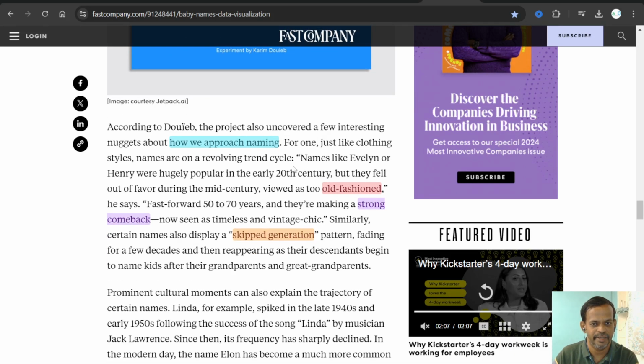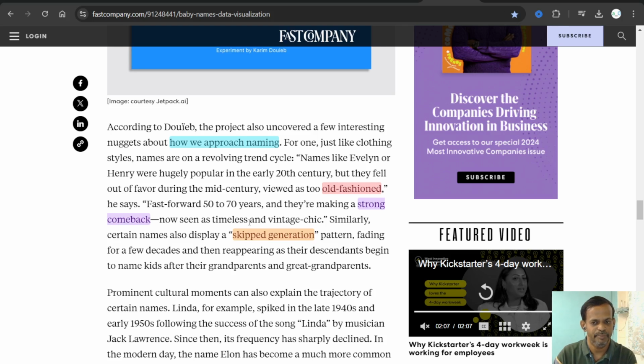Here they have provided an example: for Evelyn, it was popular early in the 20th century, but later it was considered old fashioned, and there was no trend for this name. But they are making a strong comeback, this name Evelyn.